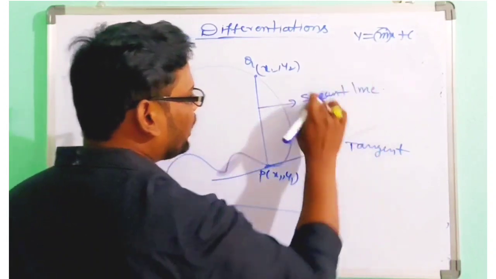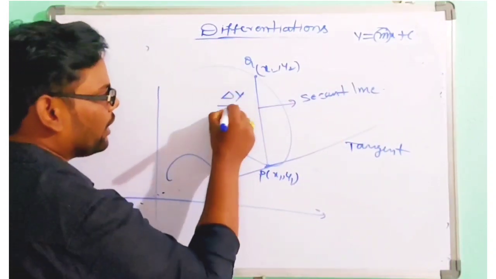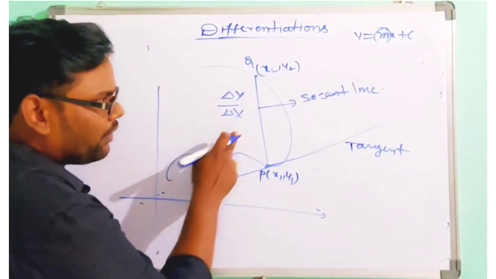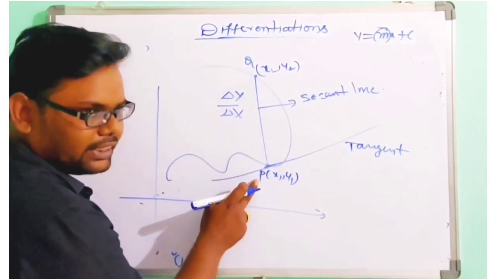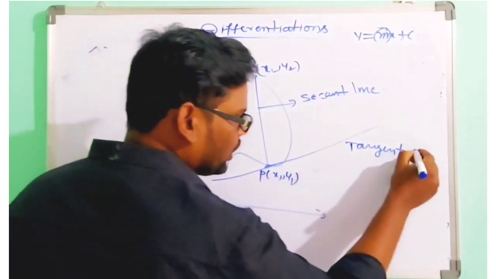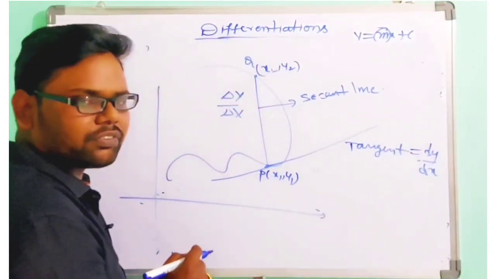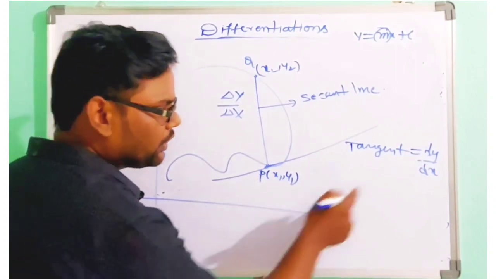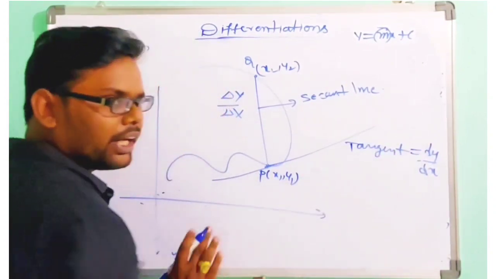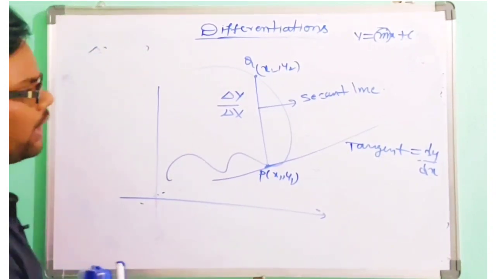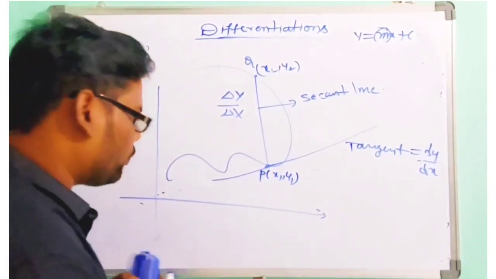This secant line gives us delta y by delta x, which gives us the average rate of change. And when this secant line converts to the tangent line, that is dy by dx, which gives us the instantaneous rate of change, right? So finally I am going to conclude that,